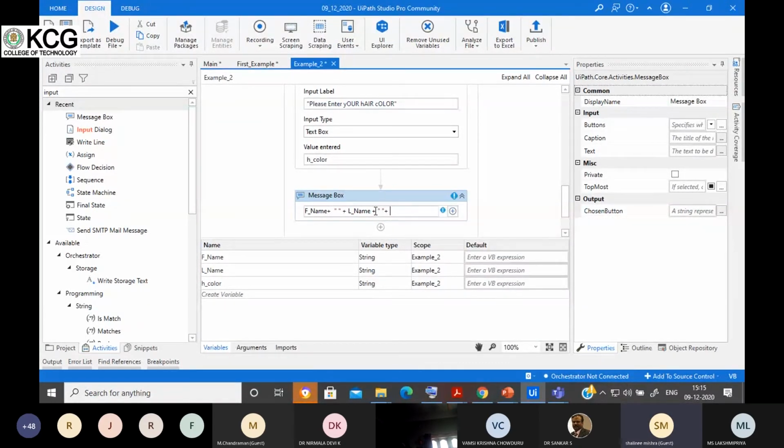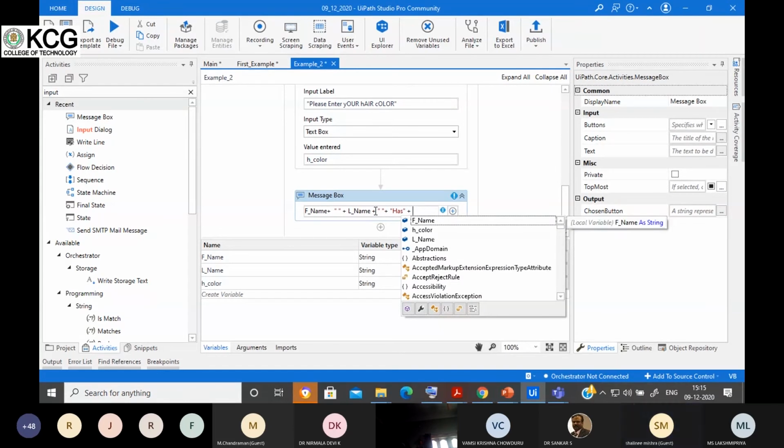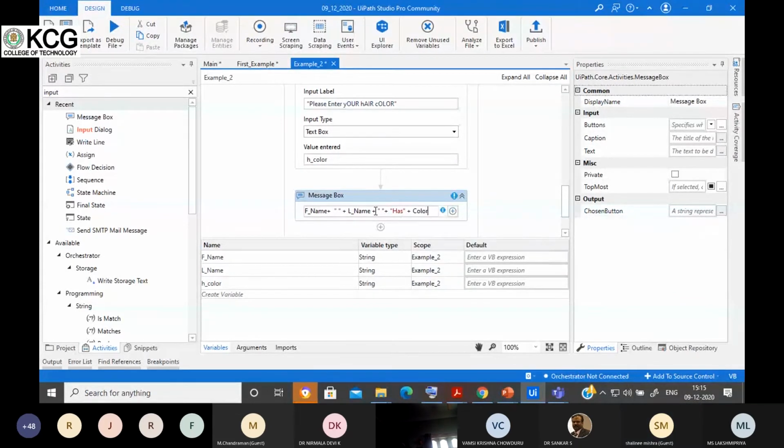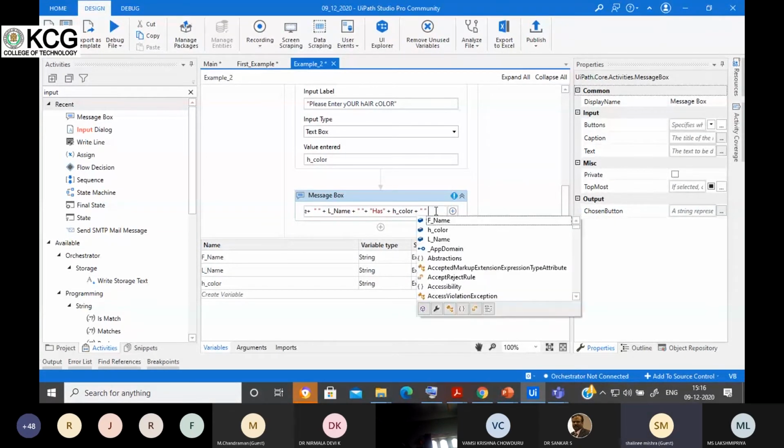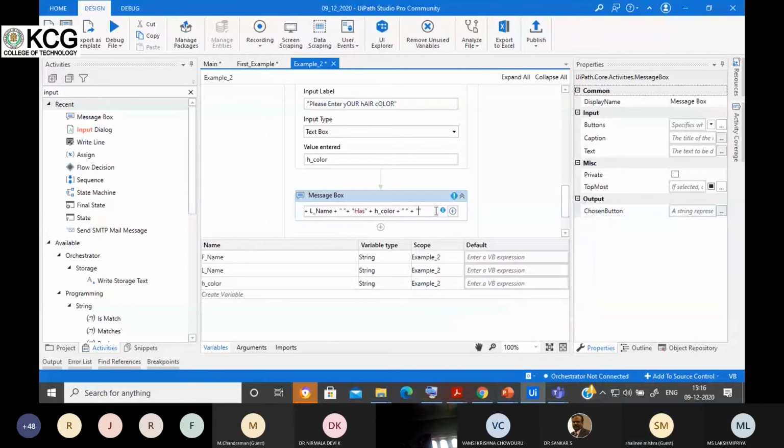has. Okay, so I need to put double quotes, otherwise I'll get an error. The name on this, the hair color, I'll add a space here, and then I'll write as color.